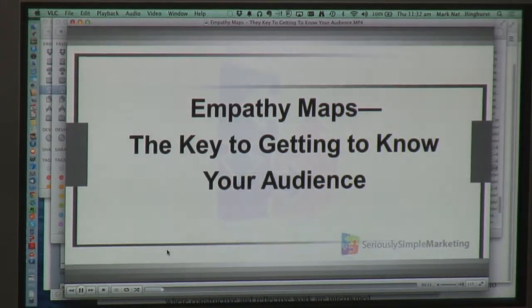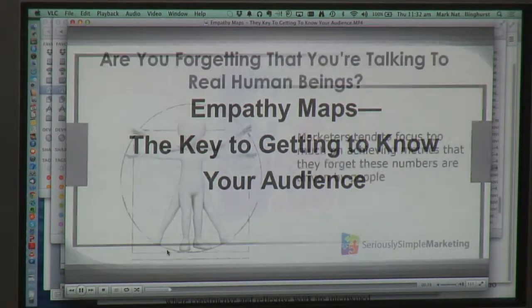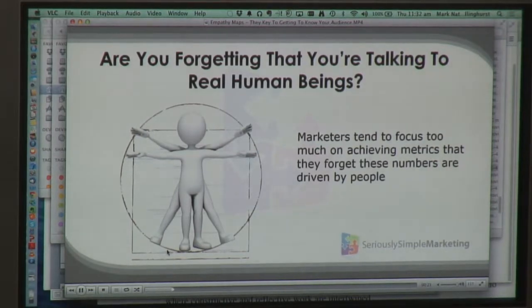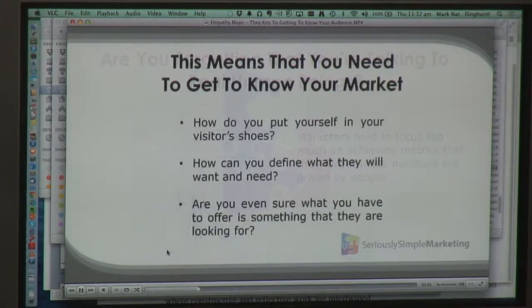Key to getting to know your audience on a completely new level. So if you've always heard that you need to get inside the head of your market, this is a great way to do it. Now, the reason that you use this is because sometimes as a marketer, it's very easy to essentially just forget that you're talking to an actual person. You start thinking about your market in terms of females 18 to 34 who ride bicycles or something like that. You think about them in terms of segments, maybe personas, but demographics and psychographics aren't what's buying your products. It's actually people, and using empathy maps can help with that.